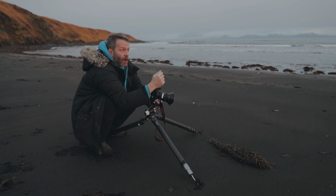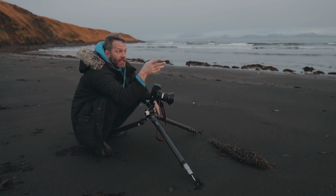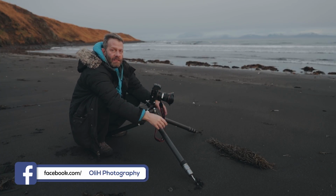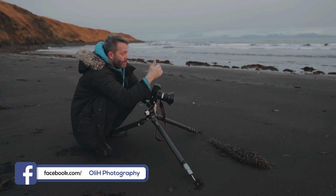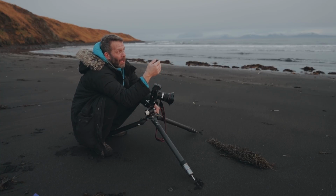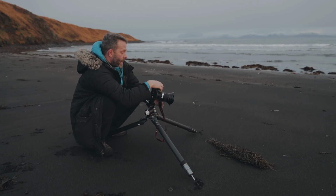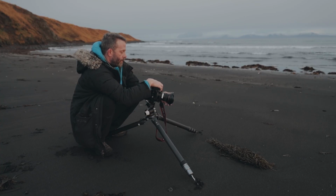You can follow this link to learn how to focus stack if you like. There is also one problem here. The sand is very dark and the sky is very bright. So the dynamic range in this scene is much bigger than my camera can handle. I could use a gradient filter, but then I would also darken the sea stack, and that's kind of dark enough. So what I do, I just expose for the